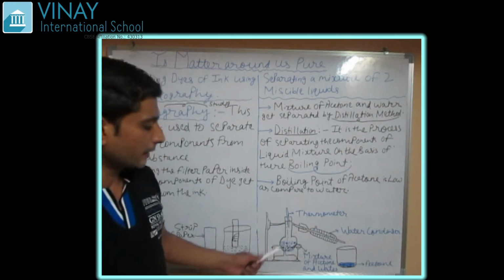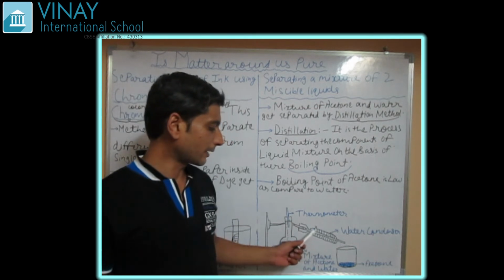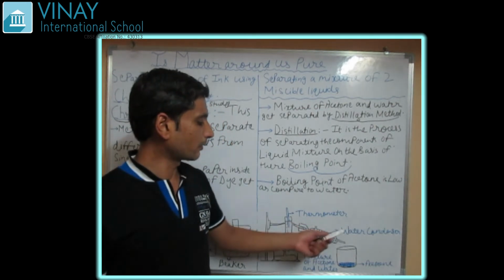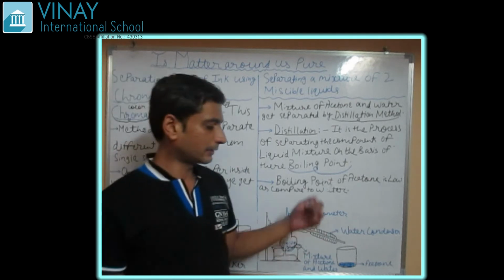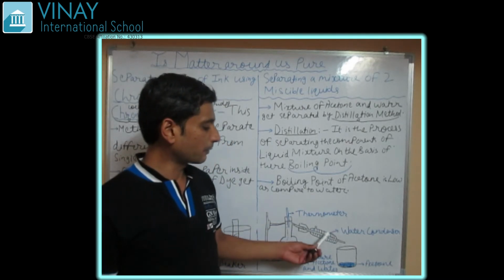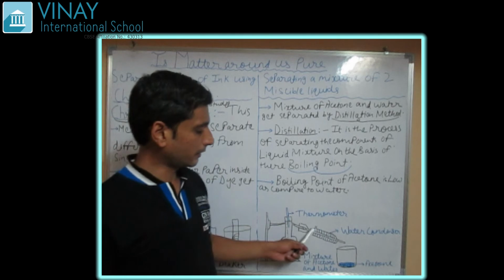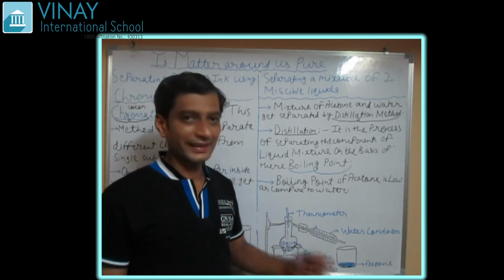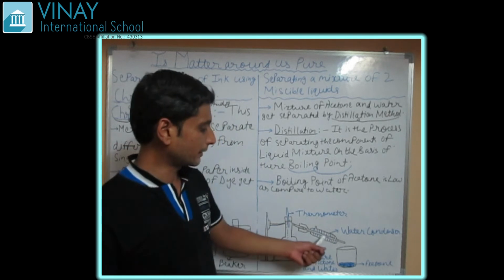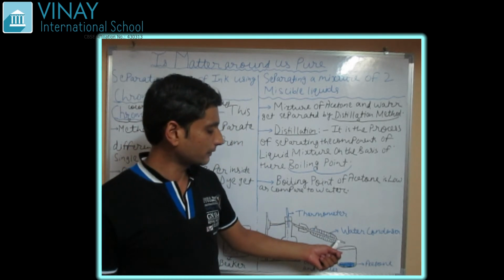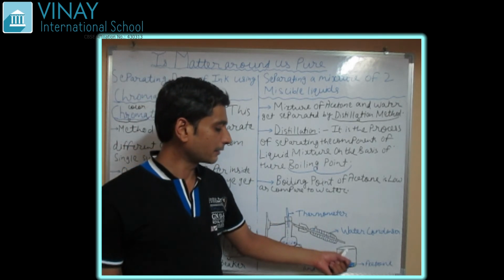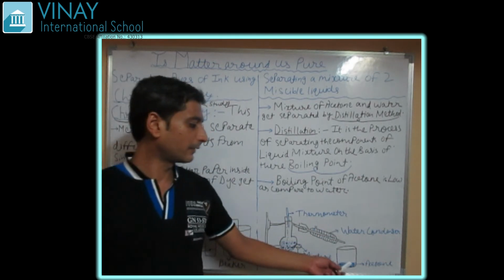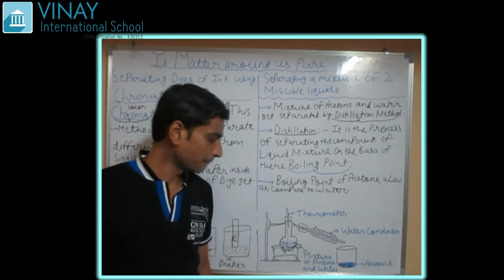And what will happen here? There is a water bath, or a condenser. What will be the role of the condenser? I have just told you that it will provide cold water or a water bath, so that the gas coming out of it starts cooling, and because of the cooling the gas will start converting into liquid. From this, we can collect the liquid in this beaker.